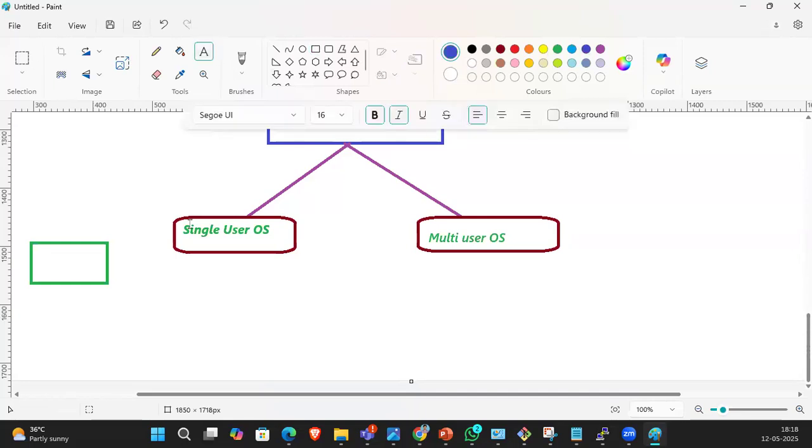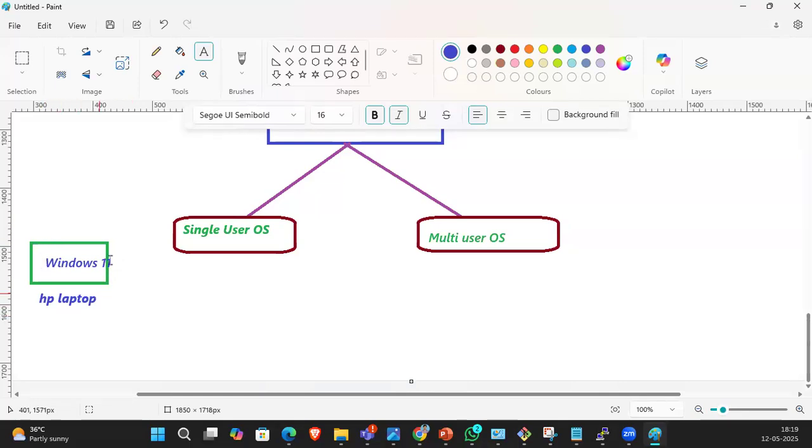Very good. Which OS is installed on that laptop? Windows, and Windows is the flavor. What is the version? 11. Very good.